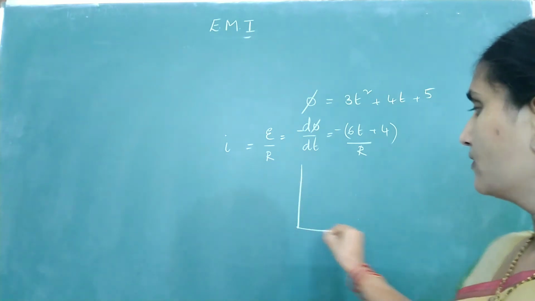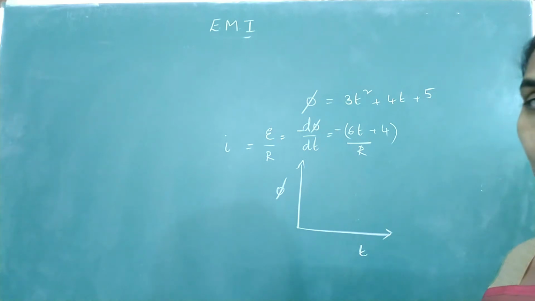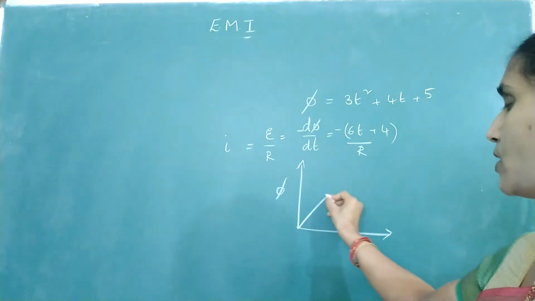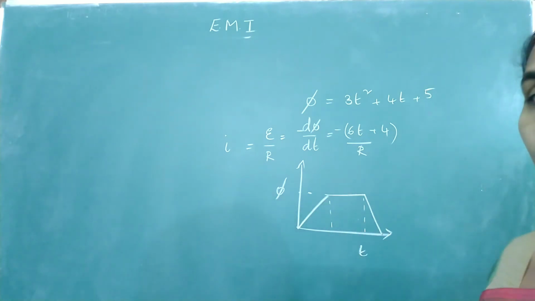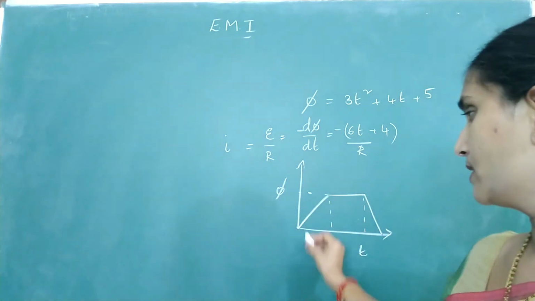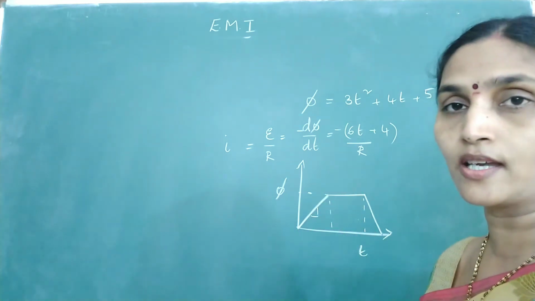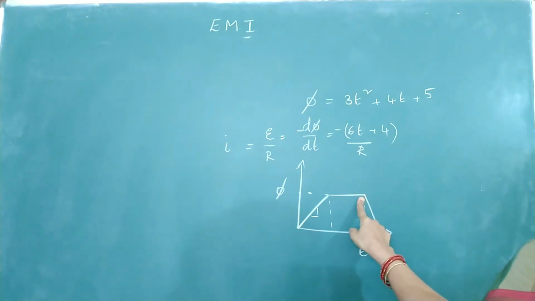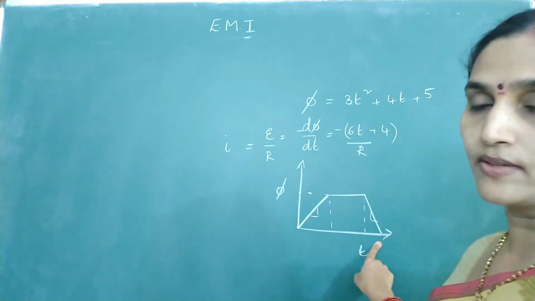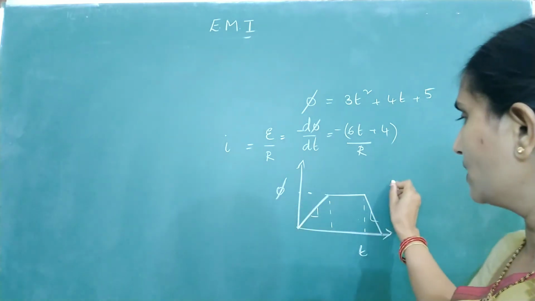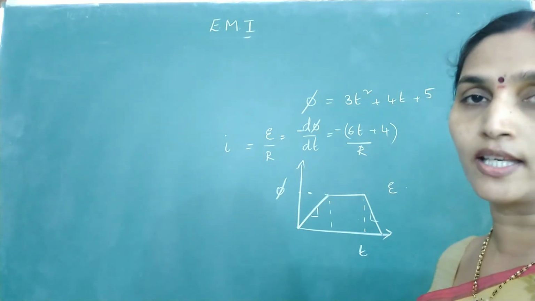Okay, sometimes a flux versus time graph. Instead of giving you the equation, flux is varying with time according to this relation. Okay, data will be provided. Then identify the induced EMF. See, when the flux is increasing, you get the induced EMF. Is slope the measure of induced EMF? When flux is constant, EMF induced will be 0. Again, when the slope is decreasing, there will be some induced EMF. Or giving a flux versus time graph, they may ask you what is the induced EMF. So this type of questions are basic level questions which you can easily answer.